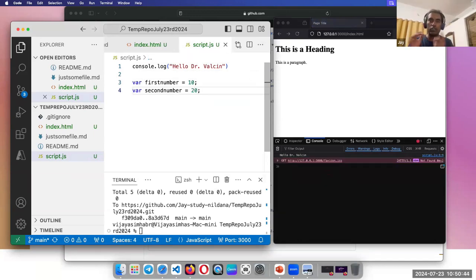Now, we know what equals first number plus